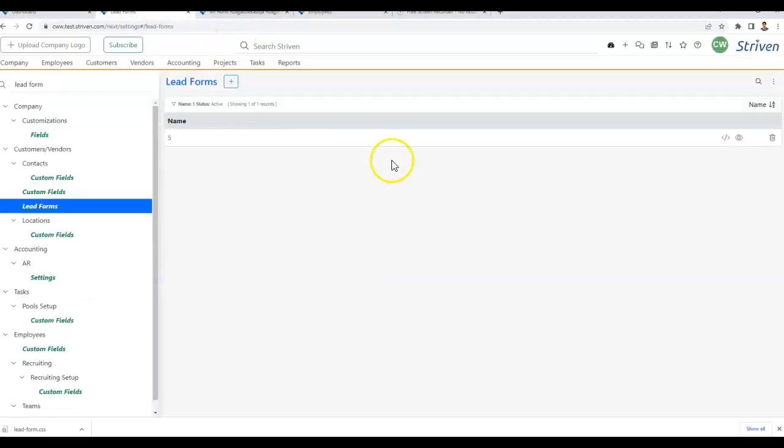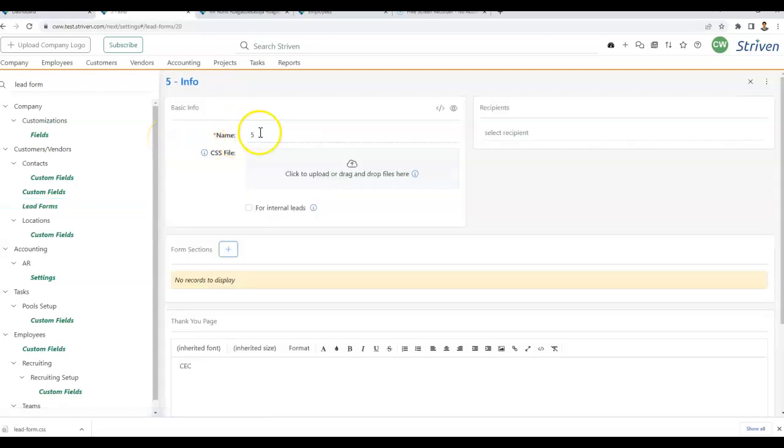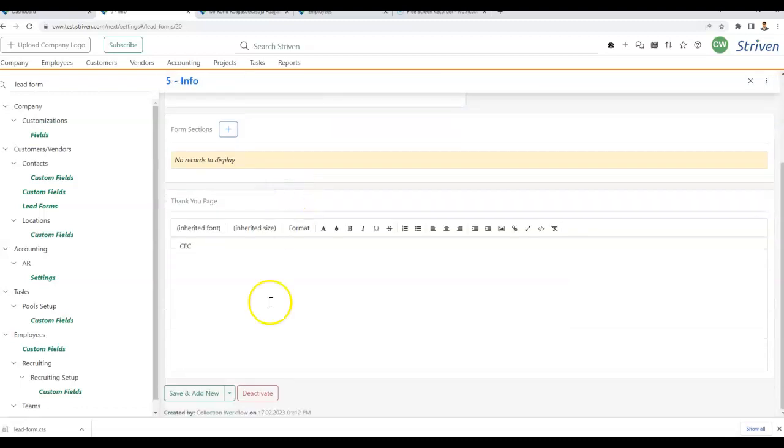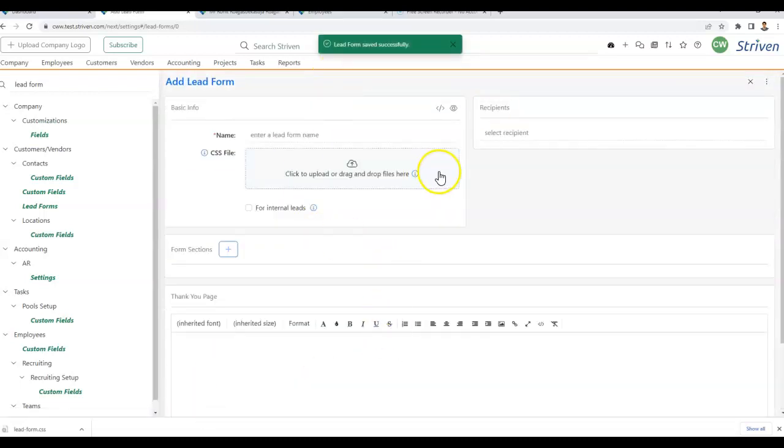Yeah. So the issue here is, here I'm on the lead form list, and if I open any existing form and update the name of this form, and if I perform save and add new, it takes me to the new add new lead form, and if I close this,